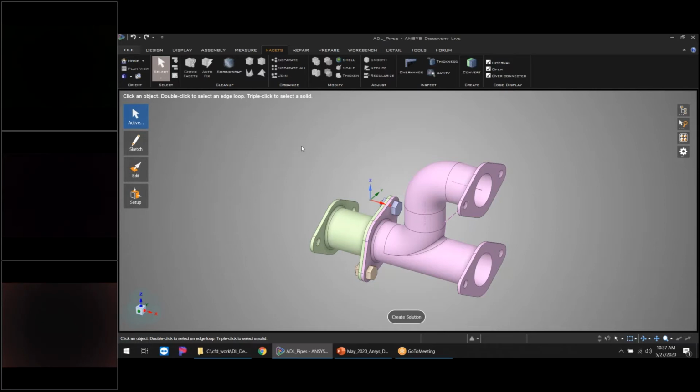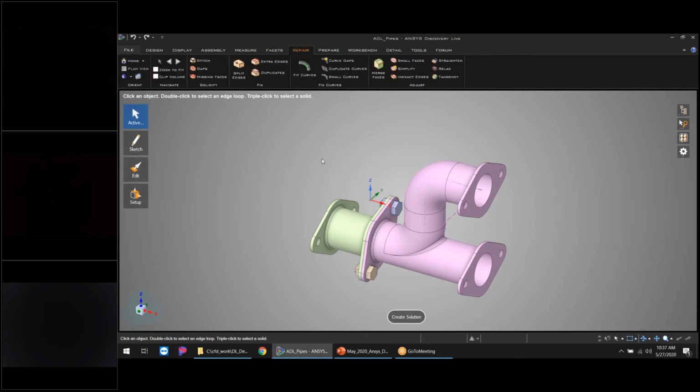So let's say, for example, you've got a project car at home. I'm a bit of a car guy. And so let's say you say, hey, I want to know if I need to put a wing on it. I want to make this more aerodynamic. You can scan it and then take that resulting point cloud, get a tessellated body out of it, and then import it directly into here. Between the Facets tab and the Repair tab, you've got pretty much every single tool needed to prepare that model for fluid analysis.